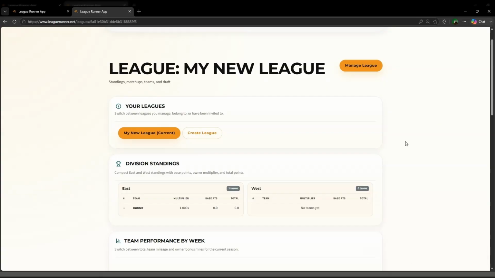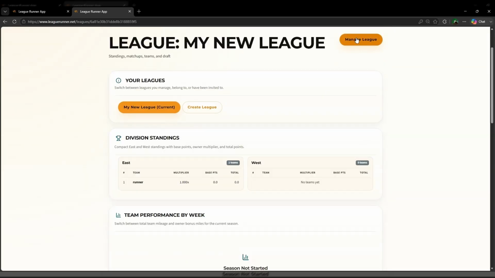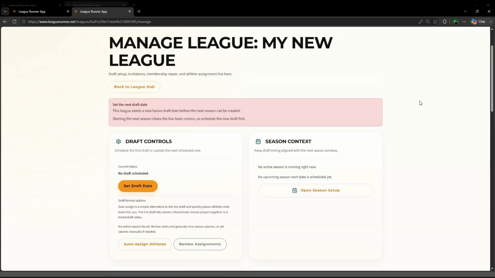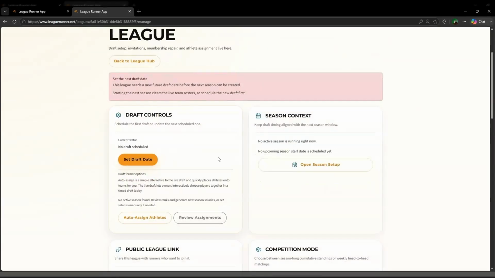We've already created the league. Next, we're going to invite people to the league. You need a minimum of 8, and you can have as many as you want. And then you have to set the draft date. You're going to have a manage option up here. So you'll want to click that. And the first thing you can do right here is,